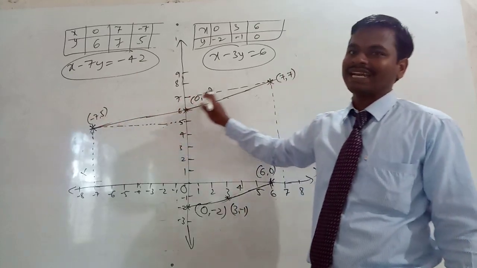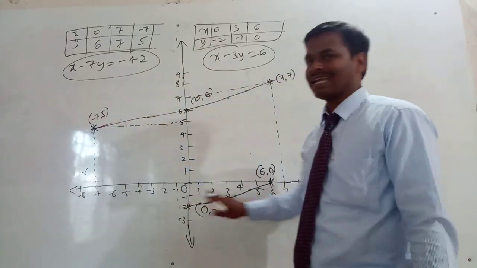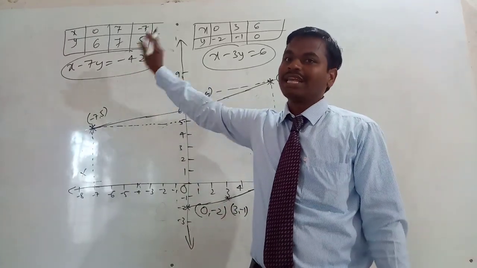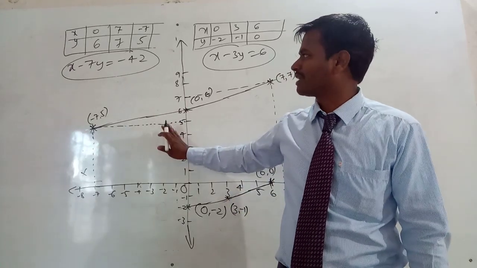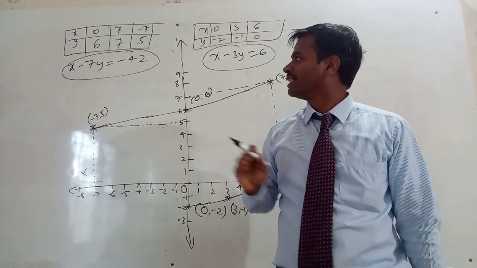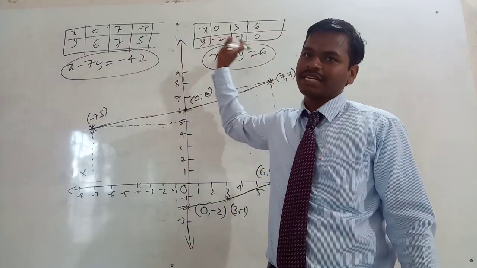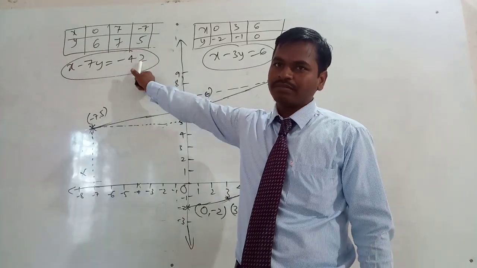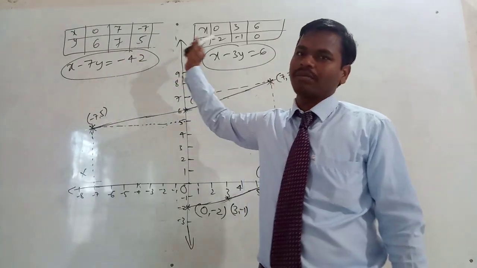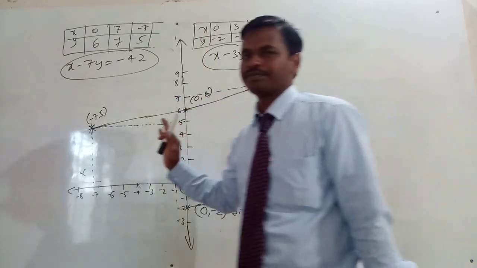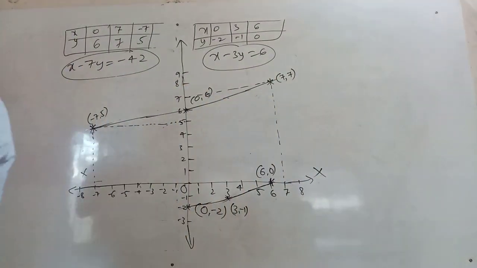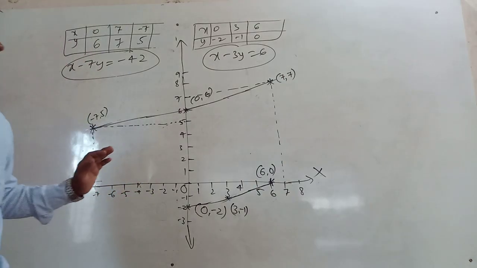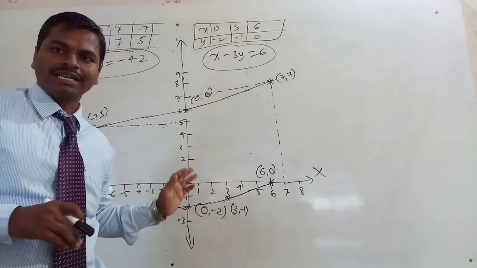We are getting straight lines here. First line and the second line. These are graphical representations of the given equations. These equations are the algebraic representation of the given question. This is the way. First we will represent in algebraic form, then using these algebraic equations, we should draw this graph. These are the two ways of representing the same question.